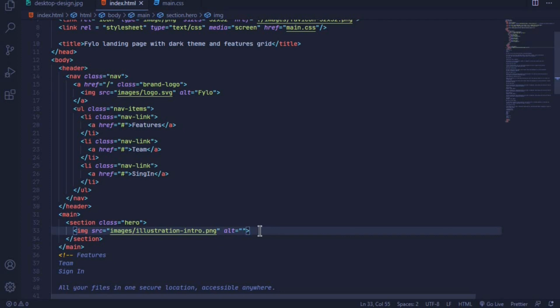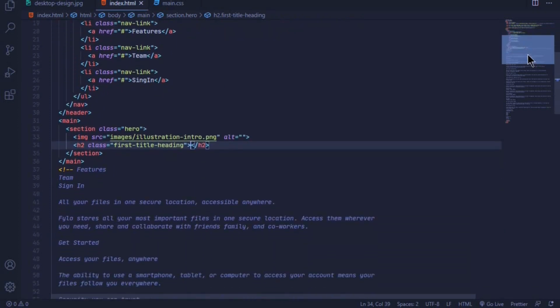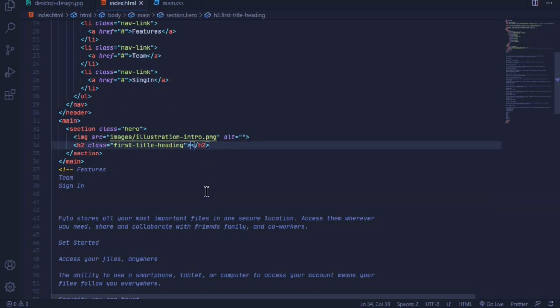I'll just leave it blank, and then we can have a h2 which will have a class of first hyphen title hyphen heading, and the content for the h2 is this line particular here. So I'll just copy it, actually I'll cut it, and I will paste it between the h2 tags,